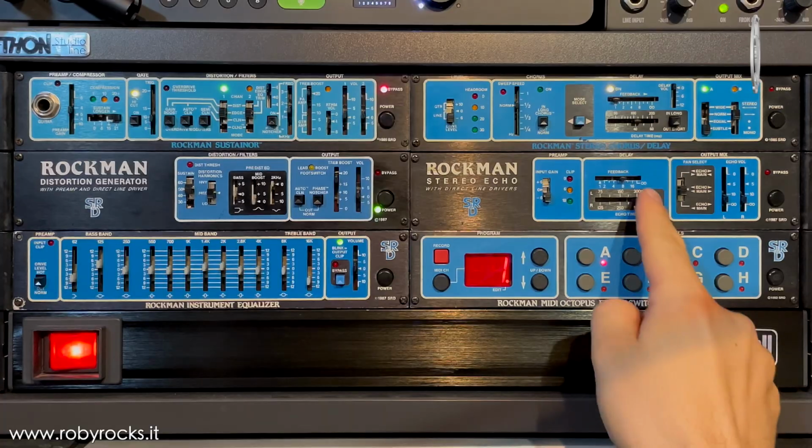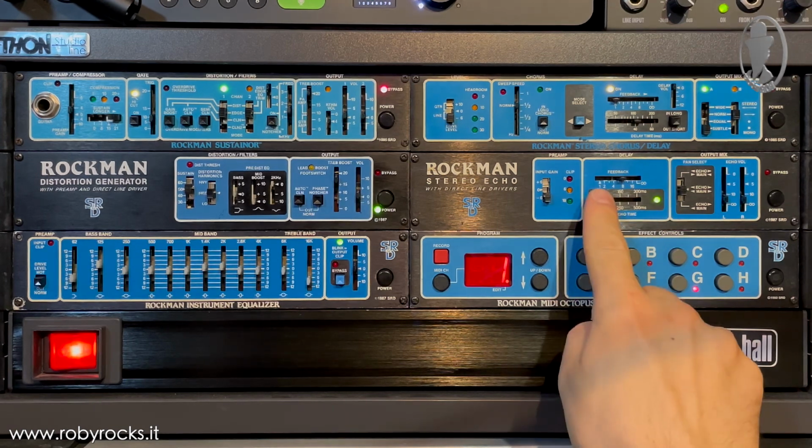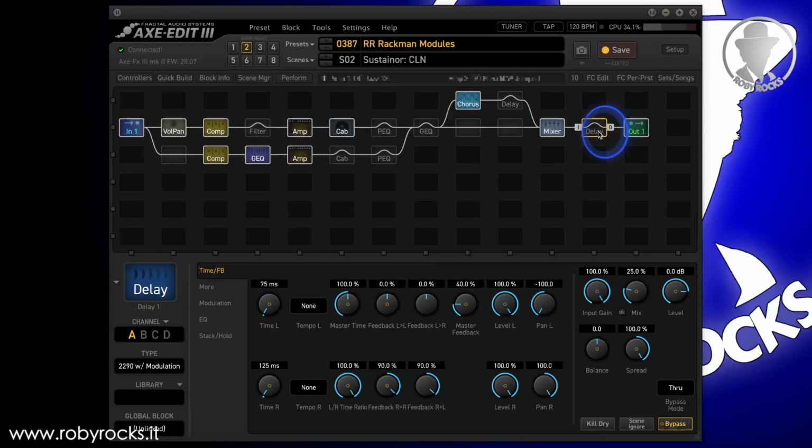Now we come to the Rockman Stereo Echo, which is basically a serial 2-tap delay where the delay time of the left channel is always 3/5 of the right one. Here we can adjust the value from a minimum of 75 to 125 up to a maximum of 300 to 500. So we activate the delay simply by turning on delay block 1, and here on channel A, we find